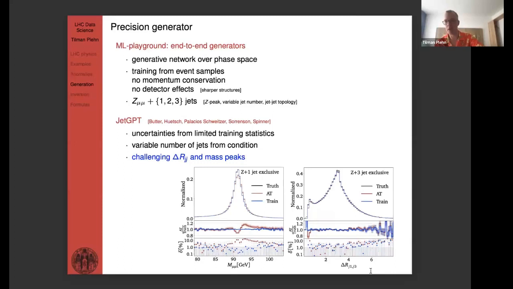So if you now try to see how well the network has learned the Z mass or the invariant mass of the muons, you see that the deviations are at the 10-15% level. You see that it just mismodels the Z peak, not dramatically, but certainly not the way we like this from LHC physics. So we can't do that. That's not so good news.